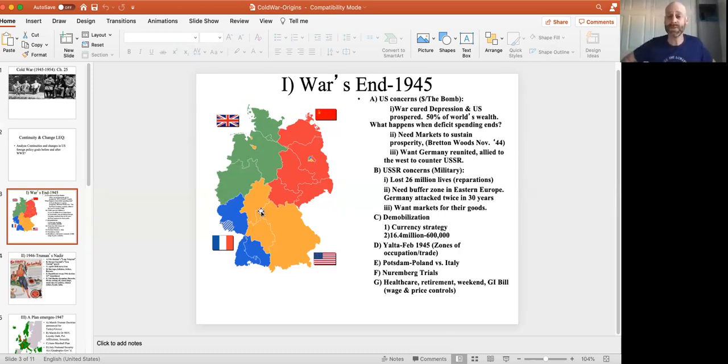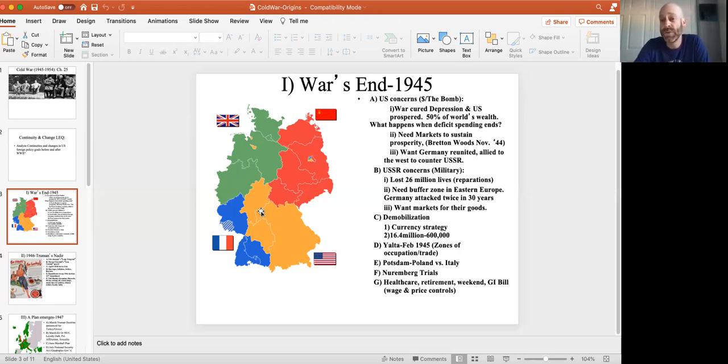But again, nobody thought this would be permanent. Everybody thought, well, we'll hammer things out with the Russians in 6 months. It wasn't going to come to that. It started to break down, the sort of international agreement, because we and the Russians had very different goals for the peace. The US, relatively unscathed from the war, we did lose 292,000 soldiers, no civilians, no buildings were destroyed, and our economy was on top of the world.